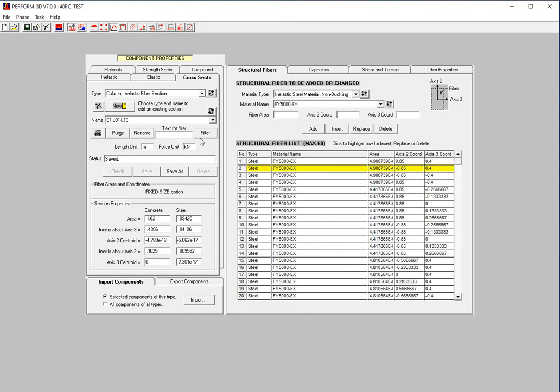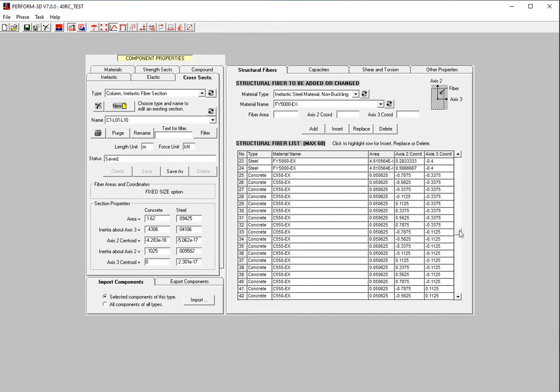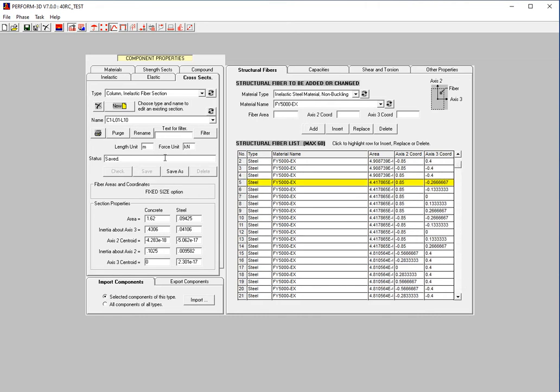Normally, if you have to start the first section for column fiber, you need to do one by one, assigning for each fiber section. But now, PX already automatically generates the fiber for you. You don't need to do anything. Just check the result.